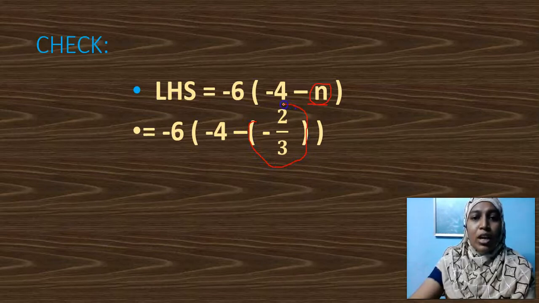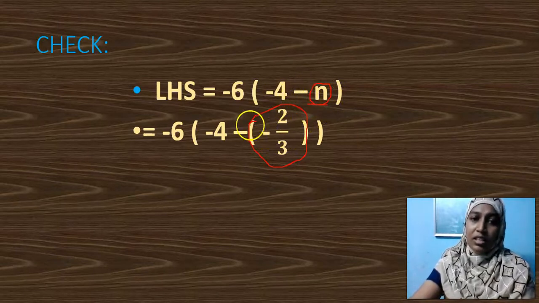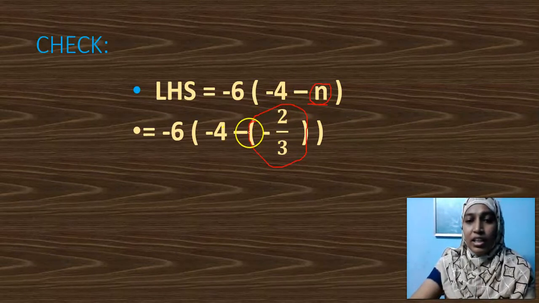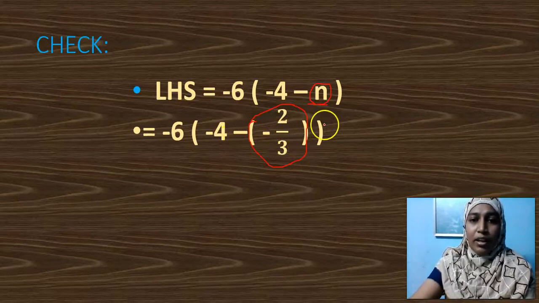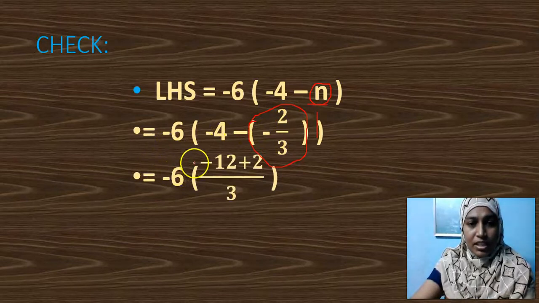Why I chose it means I have minus sign for this value. Again I have one minus sign in that LHS. To have an understanding, I wrote it inside bracket. And this is the bracket that is given there here in LHS. This I introduced for the value minus 2 by 3. Is it clear? Now in next line, you will write minus 6 as it is.